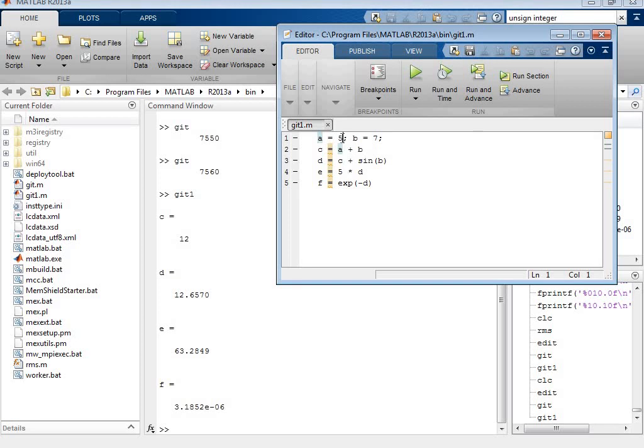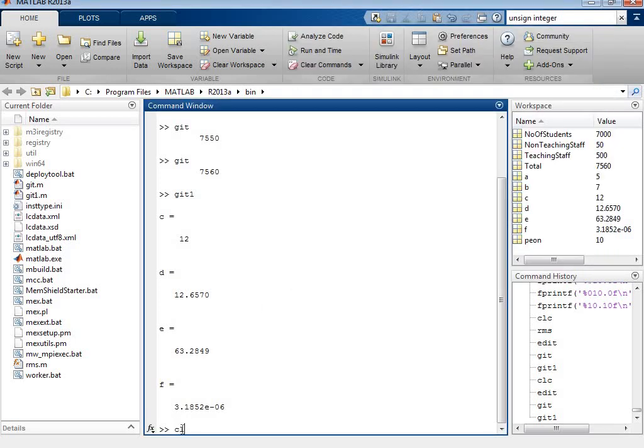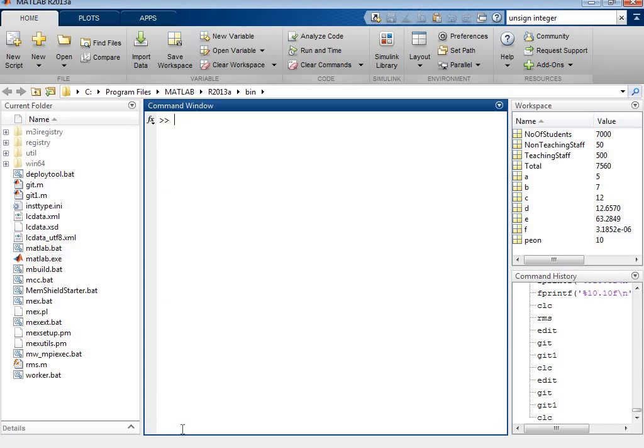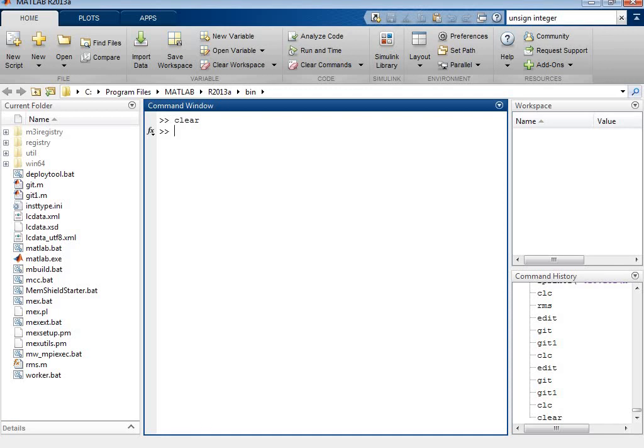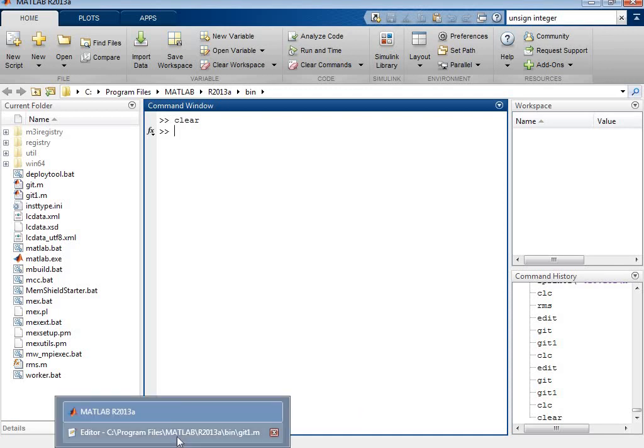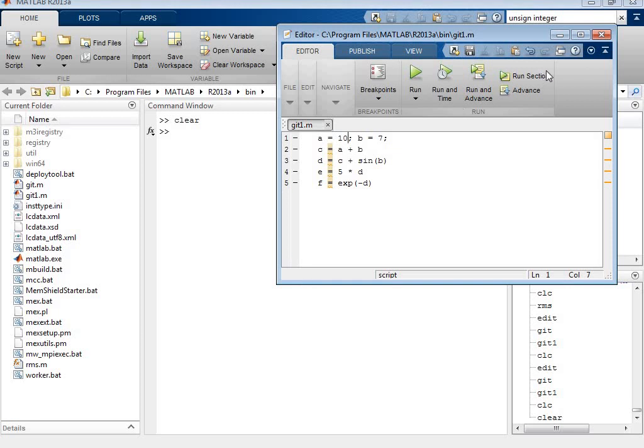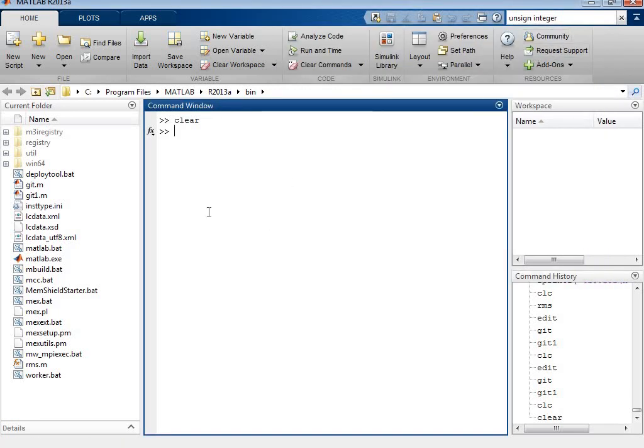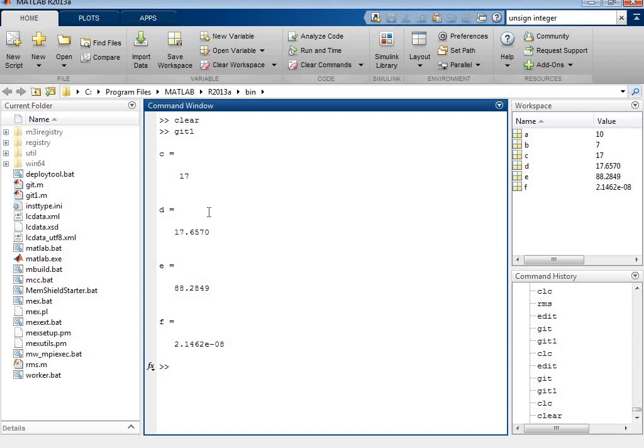Now if I edit A to 10, save it, and run this program again after clearing my command window using clc and clearing all the variables in the workspace, I just recall my GIT1 program and hit enter, and it will give you the answer.